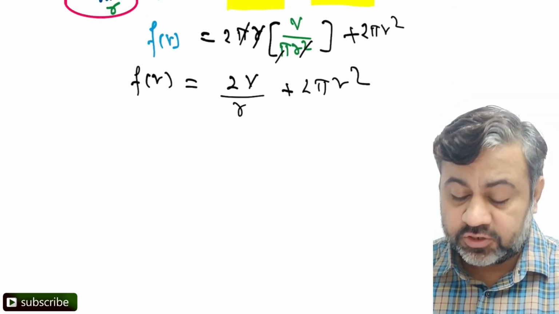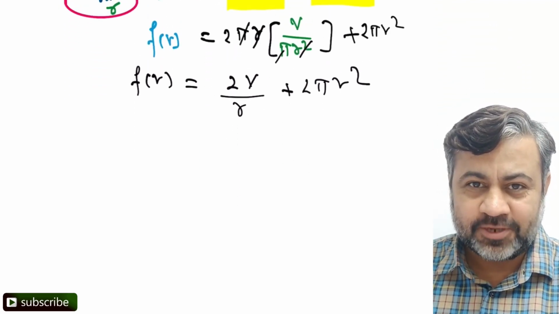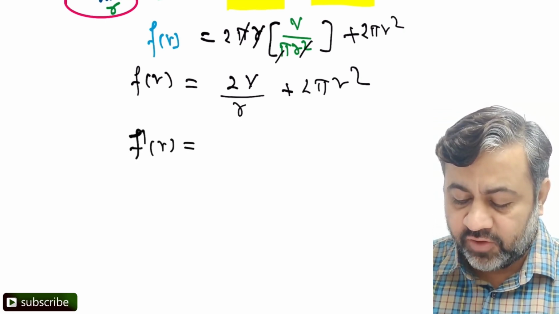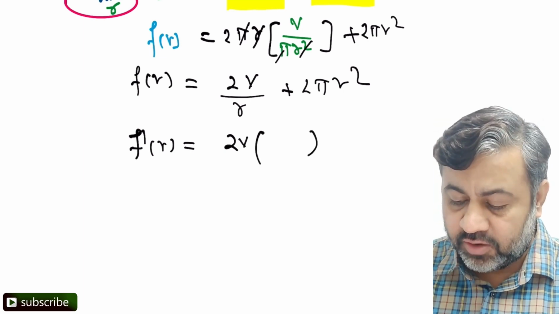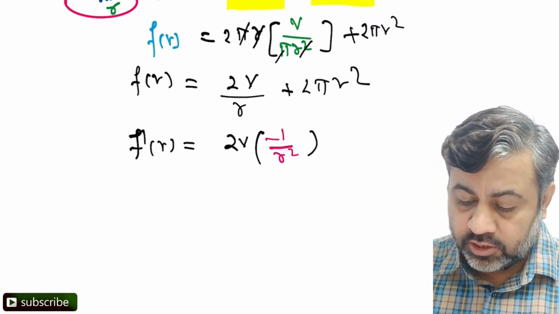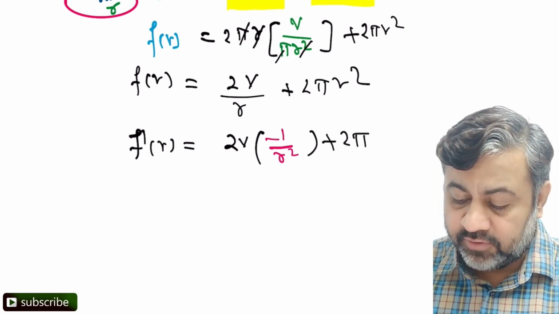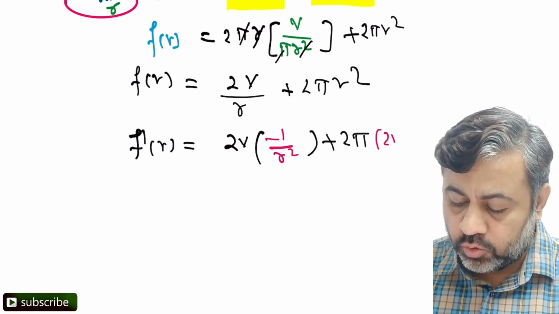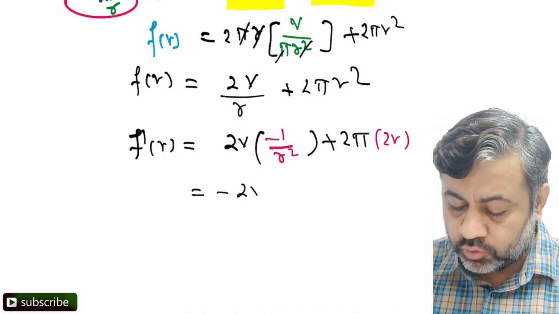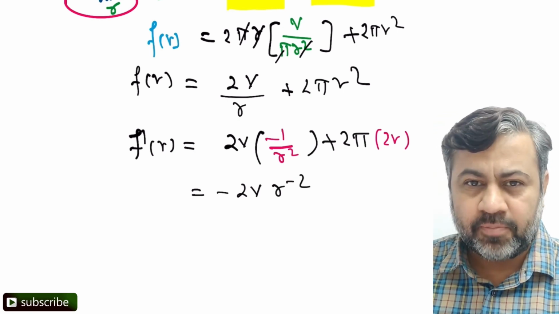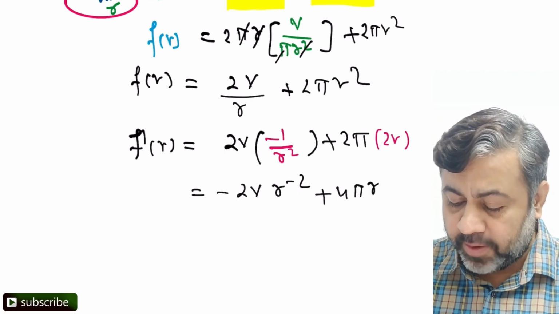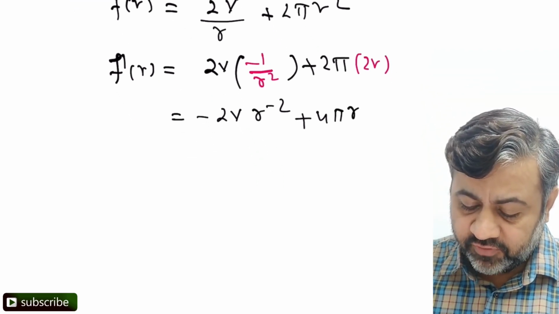Once you form the function, what is the next thing? Follow the steps. Step number 1, take derivative. Okay, first order derivative f dash of r, 2v as it is, derivative of 1 by r will be minus 1 by r square. Then keep 2 pi as it is, derivative of r square will be 2r. थोड़ा सिंप्लीफाई कर लेते हैं इसको. So we get minus 2v. I am writing r to the power minus 2. So second order derivative हमको लेने के लिए easy हो जाएगा. This will be 4 pi r. This is just f dash of r.